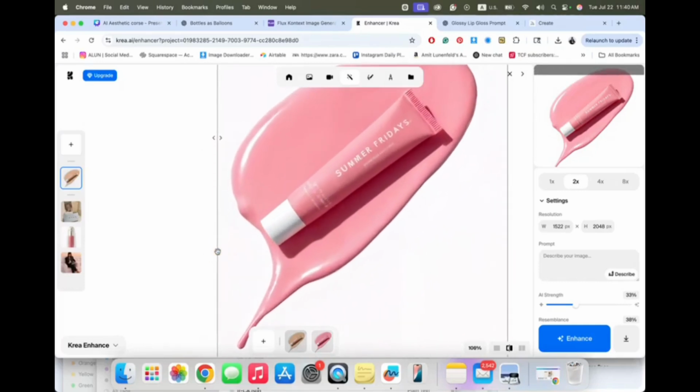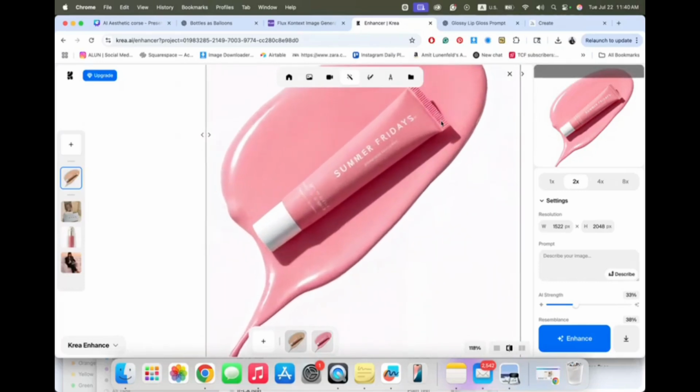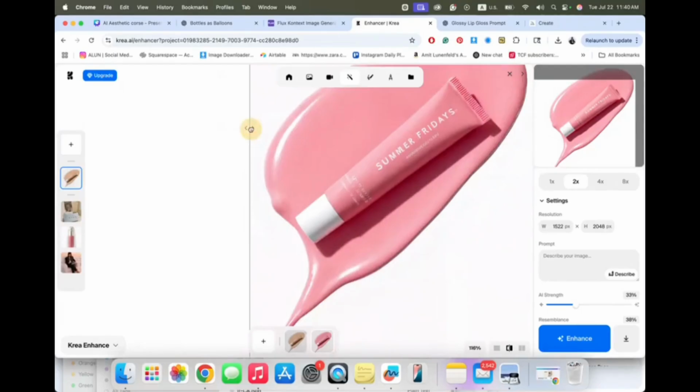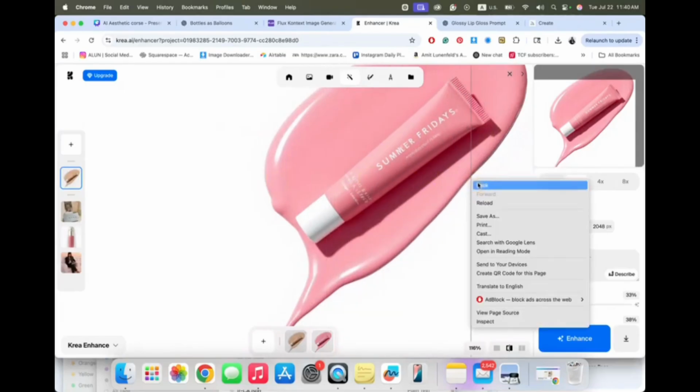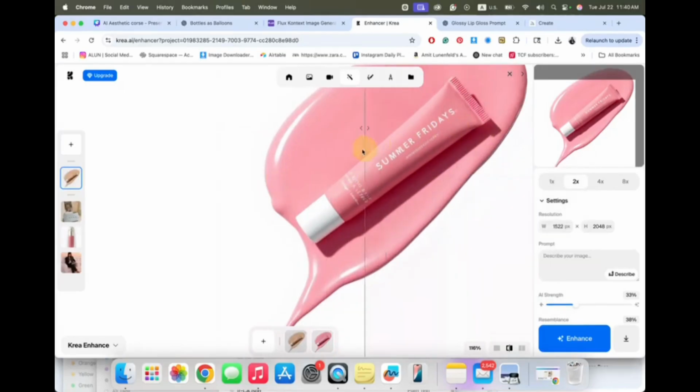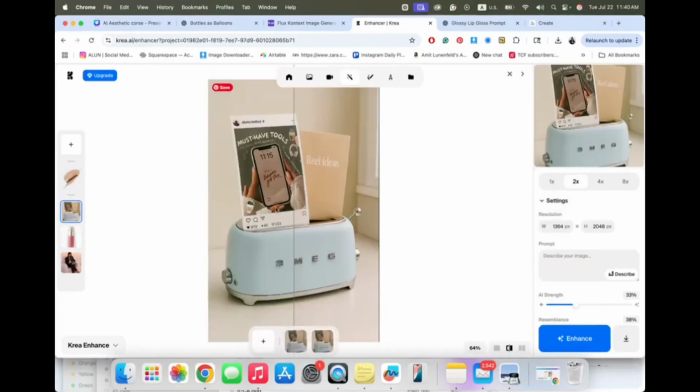We get a much better texture and glowness, and it could serve us really well for video, because the better result we can give the next step, the better result we get. I can show you also over here. So this was before, this is the after.